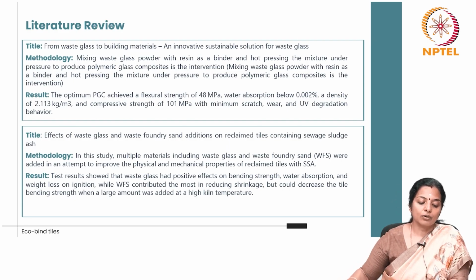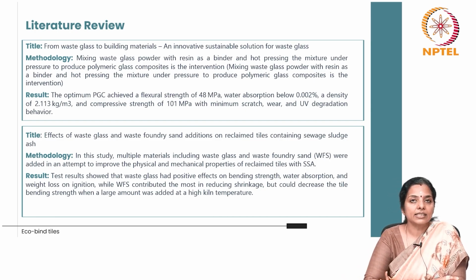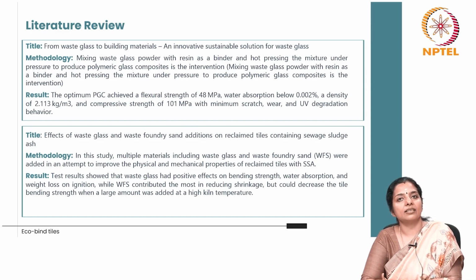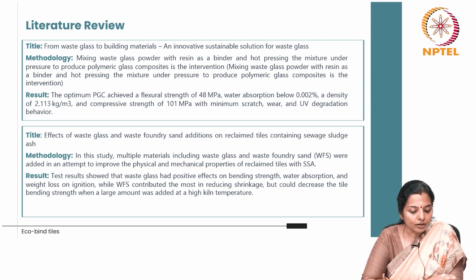Another study showed that from waste glass to building materials, an innovative sustainable solution for waste glass. In this study, mixing waste glass powder with resin as a binder and hot pressing the mixture under pressure could produce polymeric glass composites. The intervention, mixing waste glass powder with resin as a binder and hot pressing the mixture under pressure to produce polymeric glass composite, produced excellent results, and the optimum